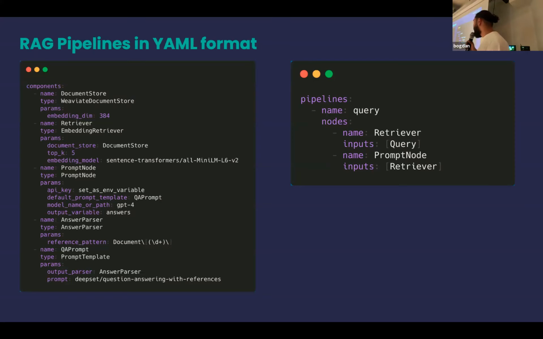For example, for the retriever, we're using a sentence transformers model, and for the prompt node, we are using a GPT-4 model. And then the pipeline definition is as simple as this. The retriever gets as input the query, and the prompt node gets as input the output of the retriever. That's everything we need to know to define our pipelines.